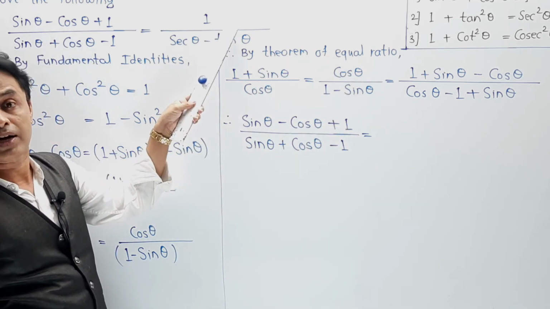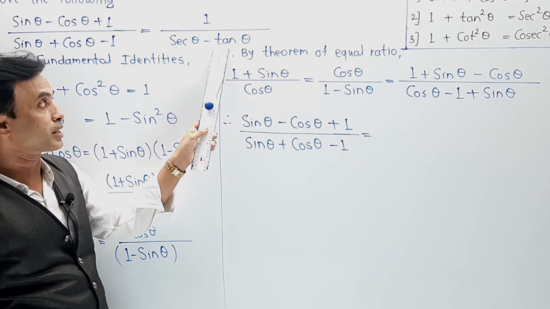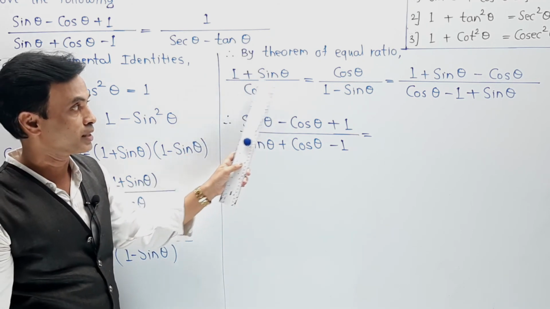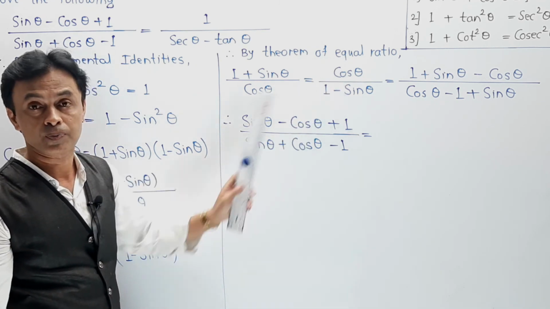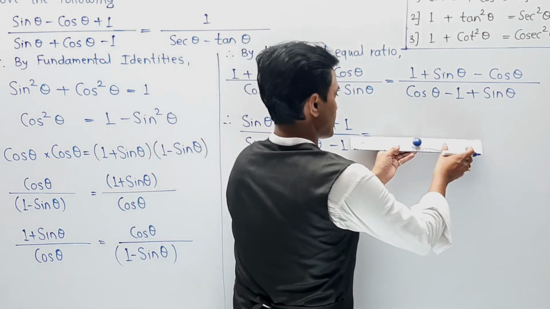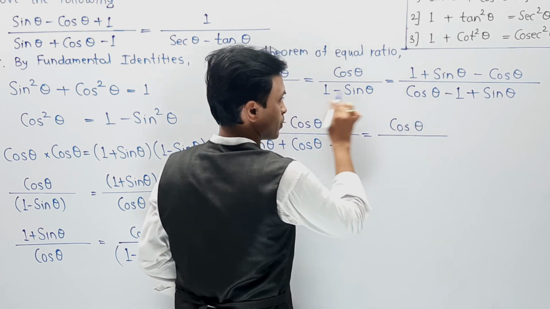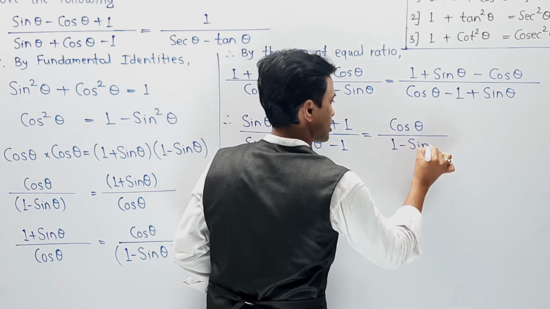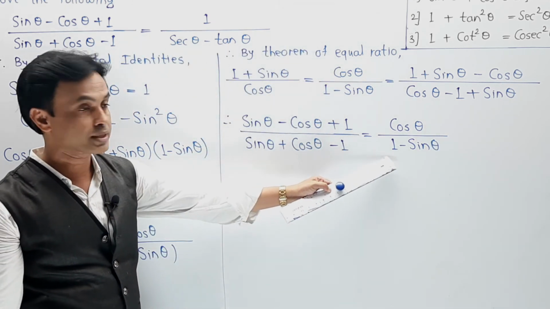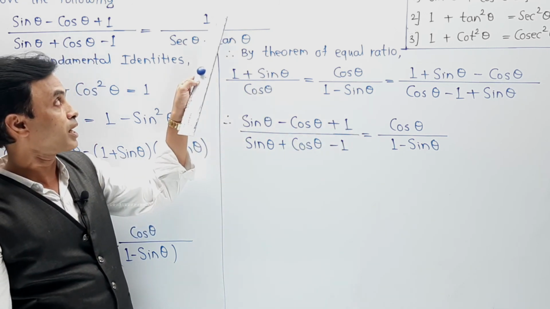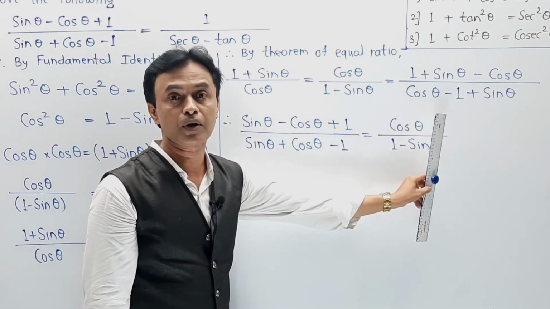If you observe the answer on the RHS, in the answer you need 1, a single value, divided by sec theta minus tan theta. Naturally we can get the relation over here. When cos theta is divided by cos theta, it becomes 1. So I am selecting only this group and this is the most important step. So I am taking this valuation over here. Cos theta upon (1 minus sin theta). Now in this case, we are able to get the LHS, but still the RHS is missing. So we need the answer 1 upon (sec theta minus tan theta). So I am not going to write this step over here, I am just going to make a modification over here.